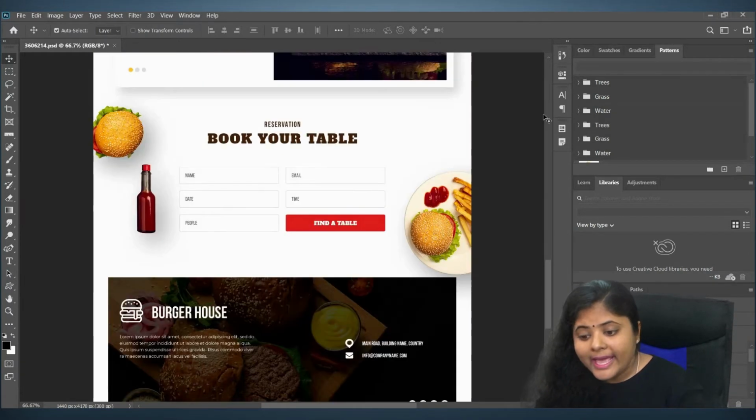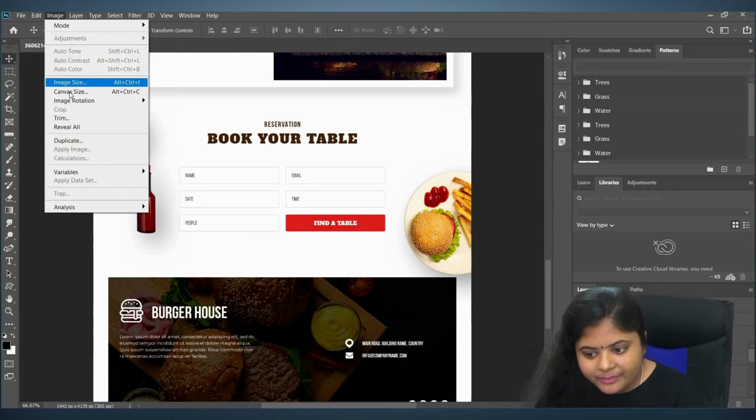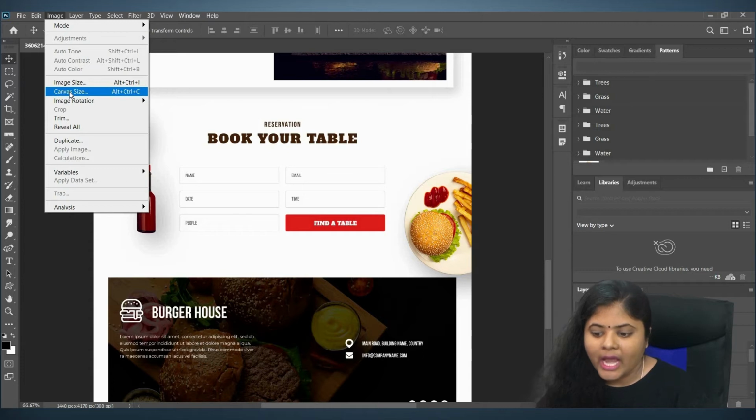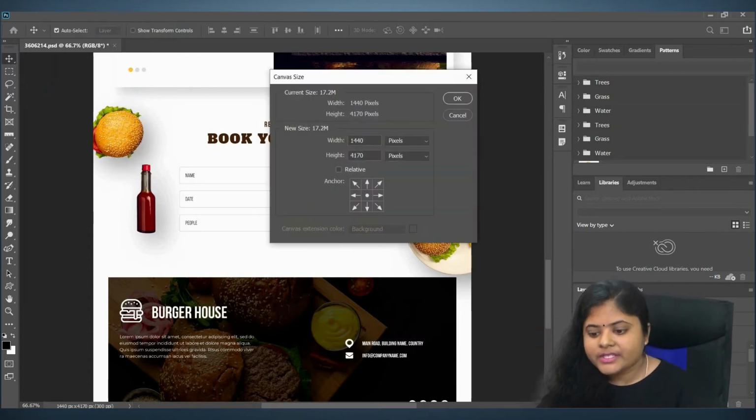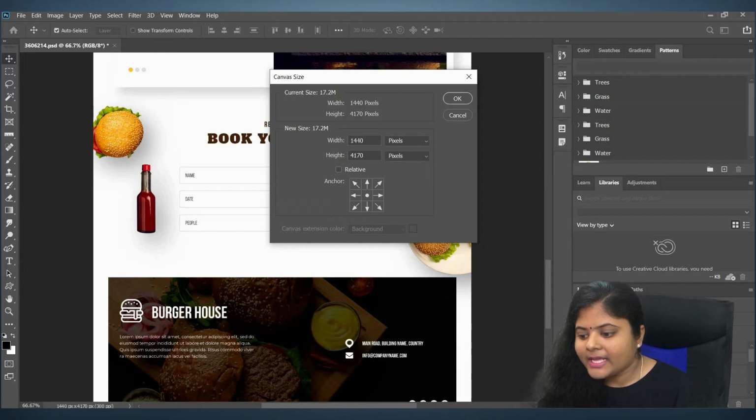If you want to extend the height, you can extend by clicking on image and image size or canvas size. You can go with canvas size so that the canvas will be extended. When I click this, it will ask for expanding width and height.